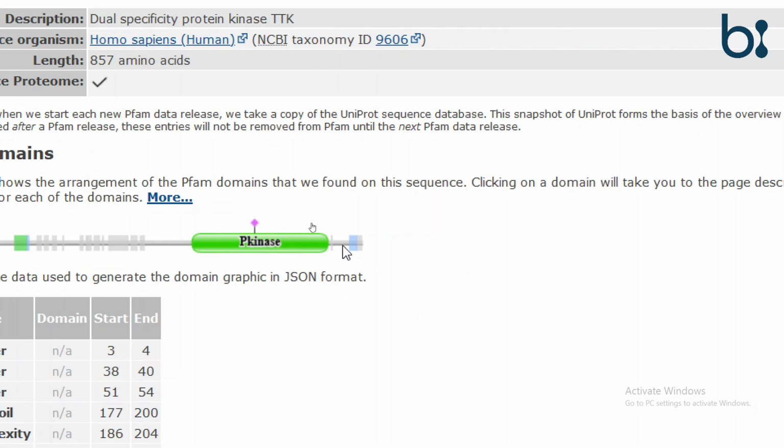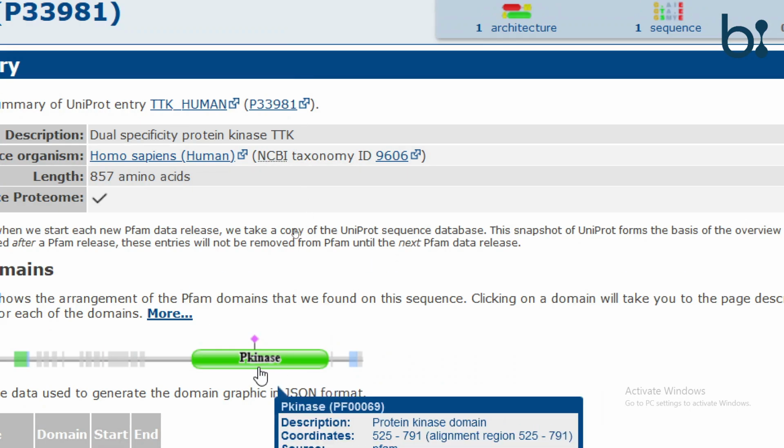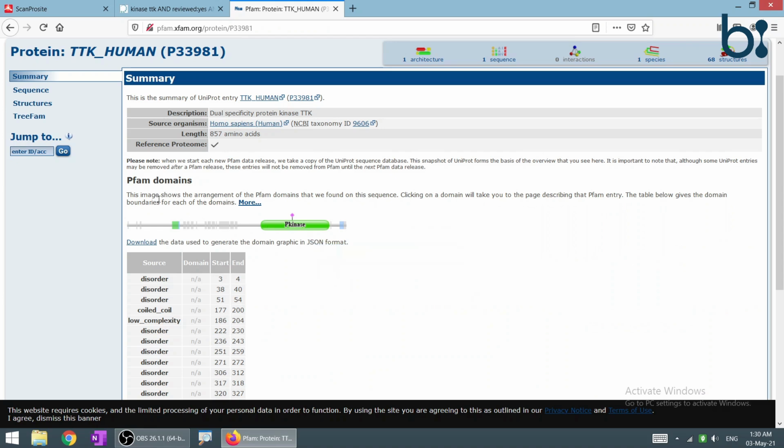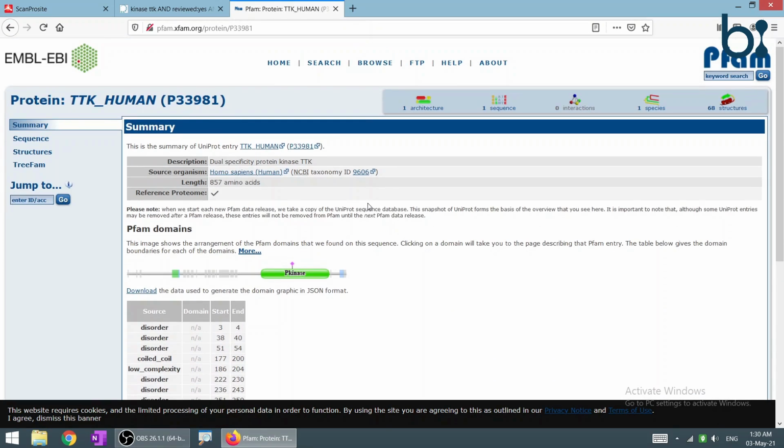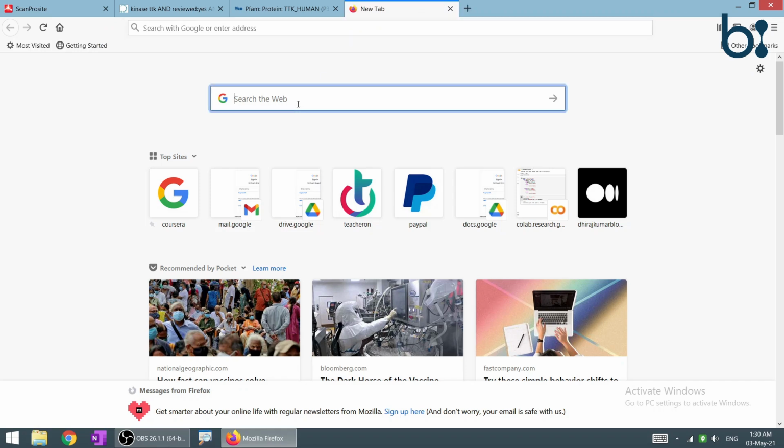This is the graphical representation. So this is how the information in PFAM is shown. Now we will see the third database, that is the InterPro database.